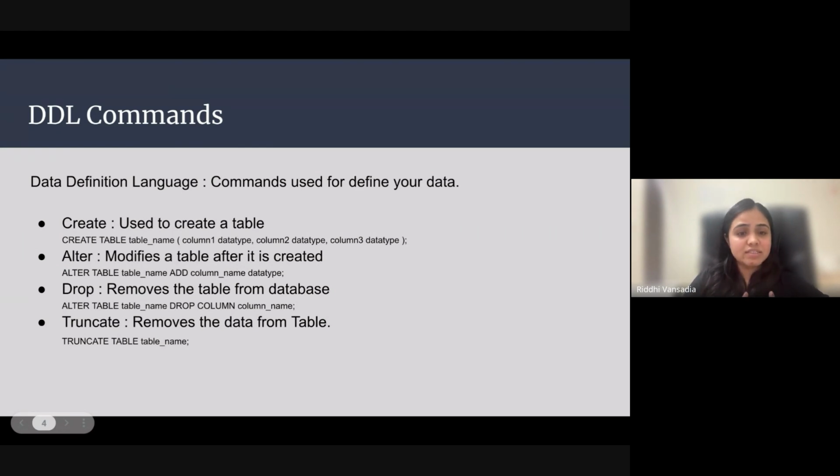Okay, so basically let's say you want to remove this table completely from your database. In that scenario you are using drop. And truncate is for a scenario where you don't want specific data in your table. Okay, so see here the difference between drop and truncate is,